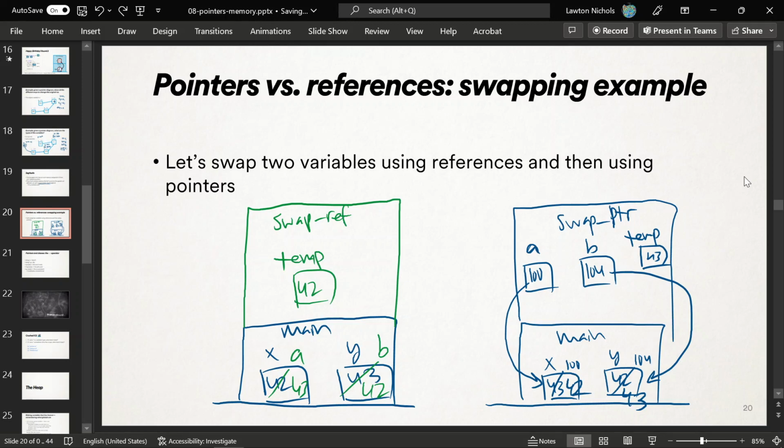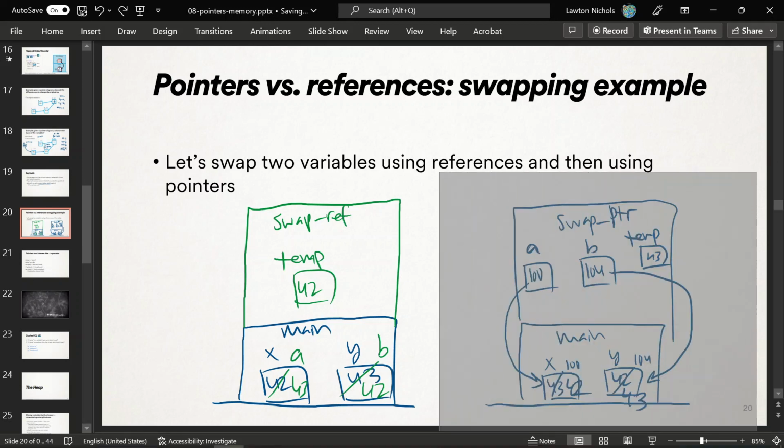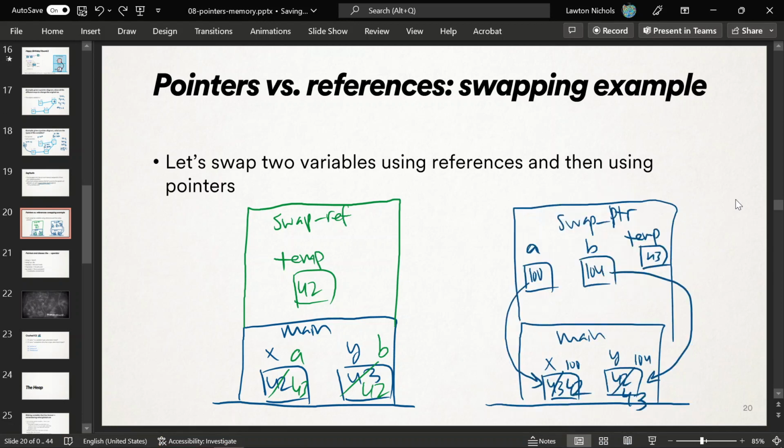But yeah, this was the original version of how to do things. References are a C++ thing. Pointers existed at the very beginning of time, back when the C language was invented. All right. So if we're good with that, I just have one last slide,